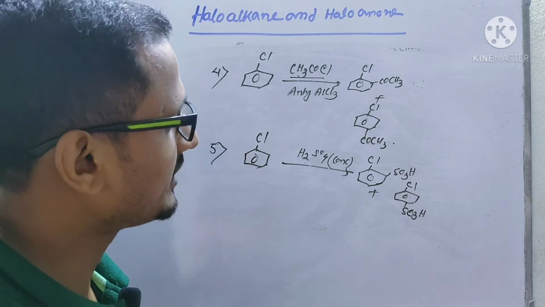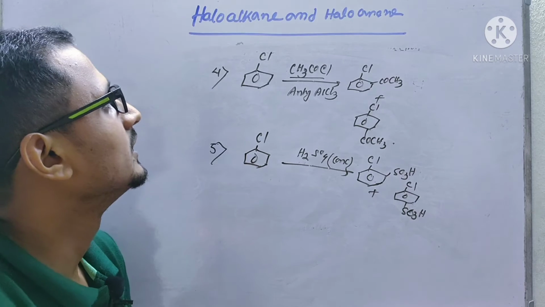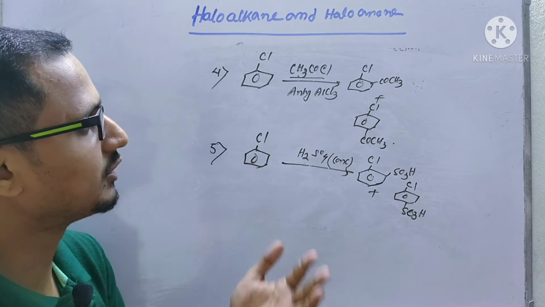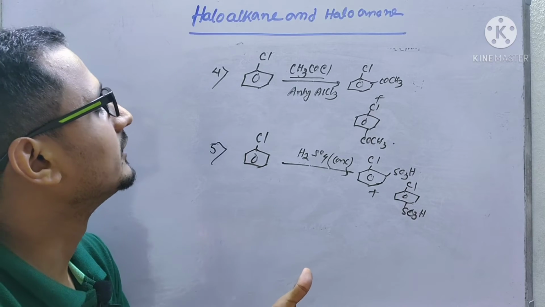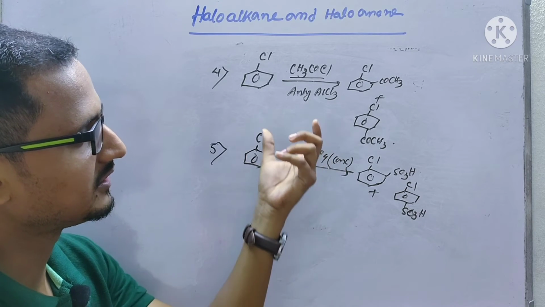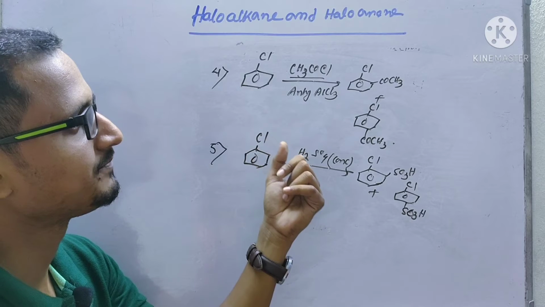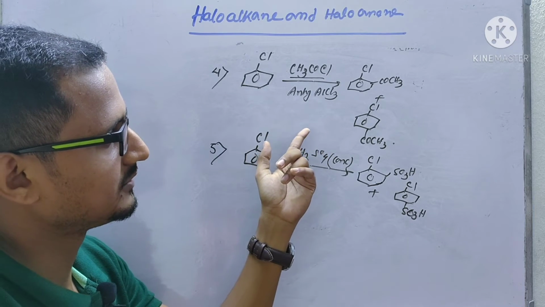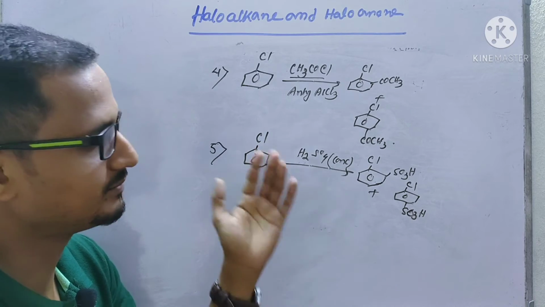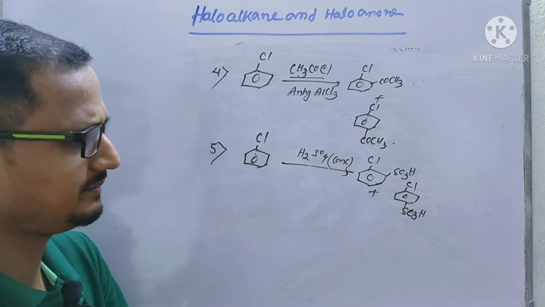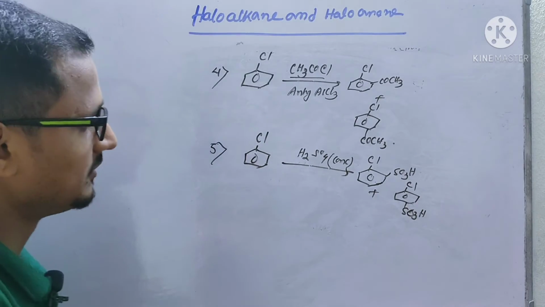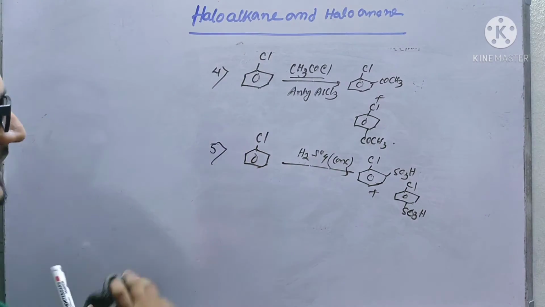So these all are very important reactions of your haloarene. Friedel-Crafts reaction, the ortho nitro product, and the chlorination. Sandmeyer reaction, then iodination, that means benzene diazonium chloride to iodobenzene, benzene diazonium chloride to fluorobenzene. These reactions are very important. So practice this one properly.